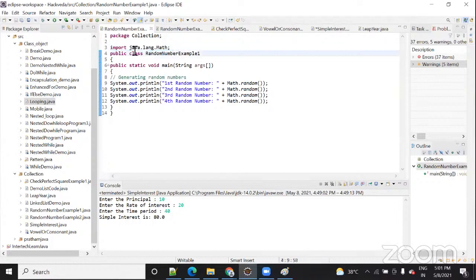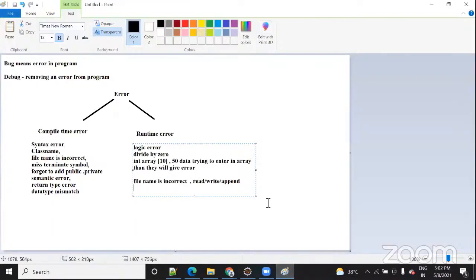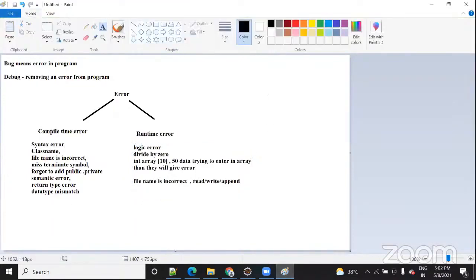Inside Java there is a lang folder. Inside the lang folder there is a math.java file. That math.java file will let you do any mathematical operation in your Java code. That is why you have added it. It is a tree structure, in the sense it is like this.